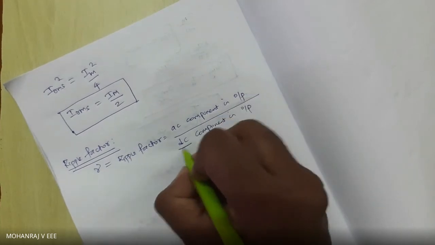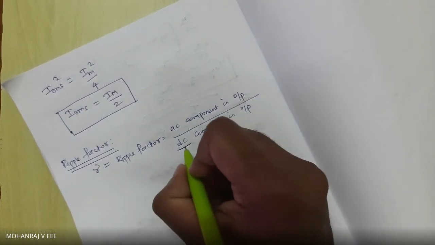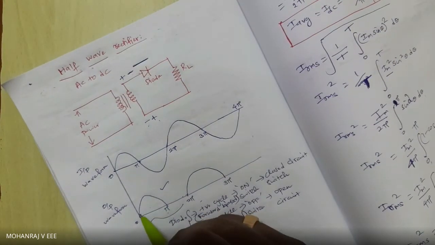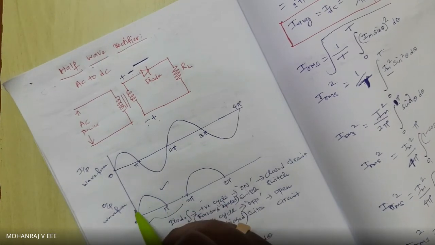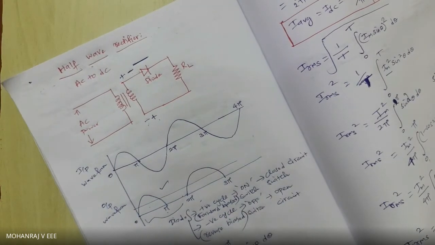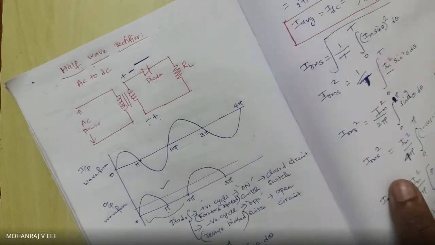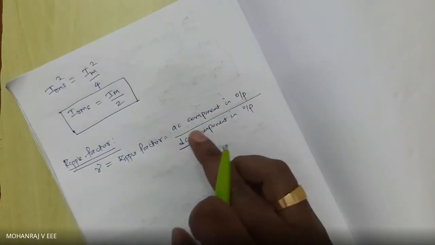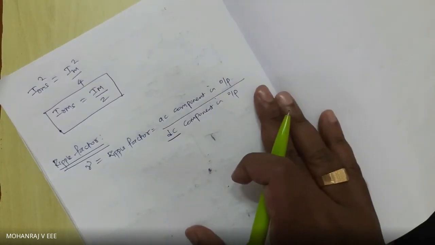All we require is DC. It is a rectifier. All we require is DC in the output. But what we actually get, we have some alternating component, that is AC component in the output. What is actually required or desired? A straight line is desired, which is DC. But we get an alternating component as well. So my ripple factor is given by AC component in output by DC component in output.